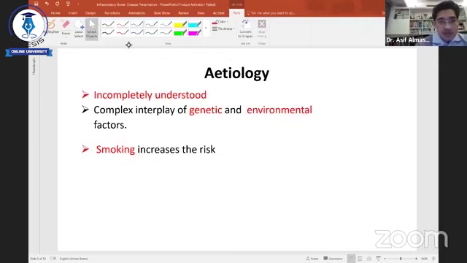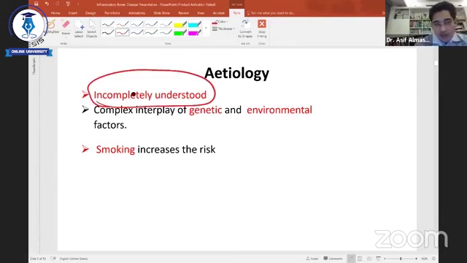Etiology. Now, the first and the most important thing you have to understand, we have already discussed idiopathic. That means we incompletely understand, we don't really understand if there is any genuine reason for this disease. But we think that there are some genetic and some environmental factors. For example, genetic means whenever a person has certain inflammatory characteristics to a particular